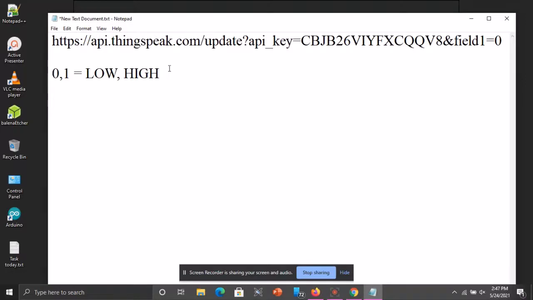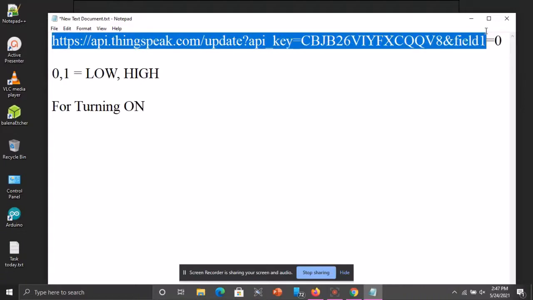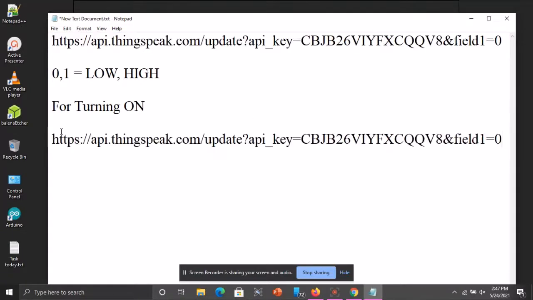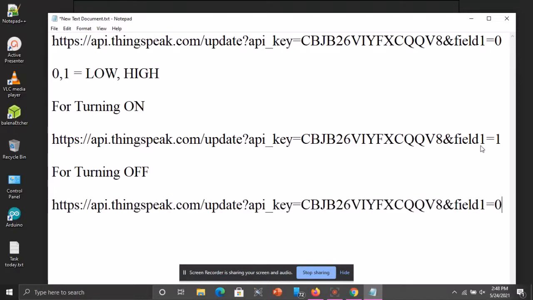For turning on, I have to copy it and paste it here, and change this 0 to 1. For turning off, this will remain the same.